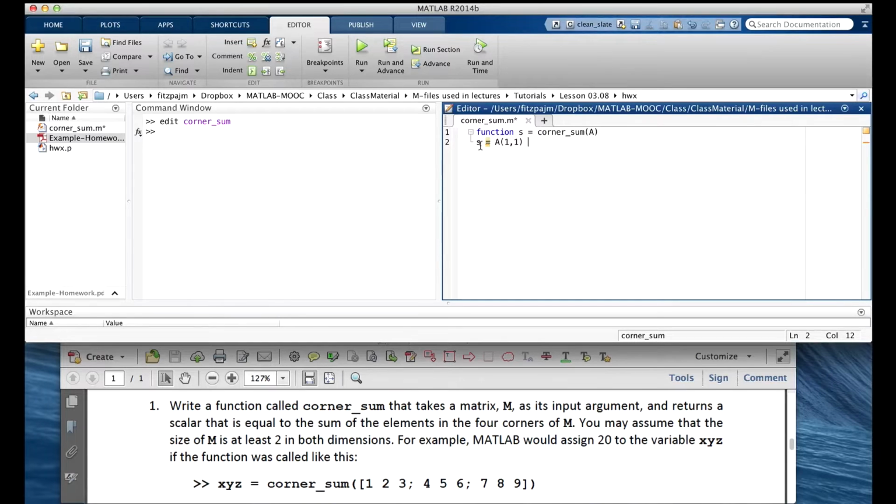If we knew this was a 3 by 8 matrix, we could do it this way. Because this would be on the first row, the left end, that's the upper left corner, and then we have the last element on the row, because there's 8 columns in a 3 by 8 matrix, it would be 1, 8. And the bottom left is on row 3, element 1, and then the bottom right corner is the last row, 3, the last column, 8. That's great, but what if it isn't a 3 by 8 matrix? What do we do then?